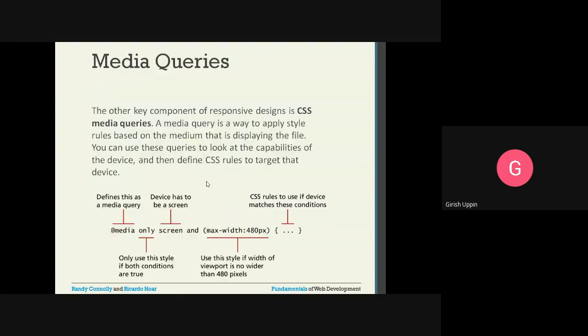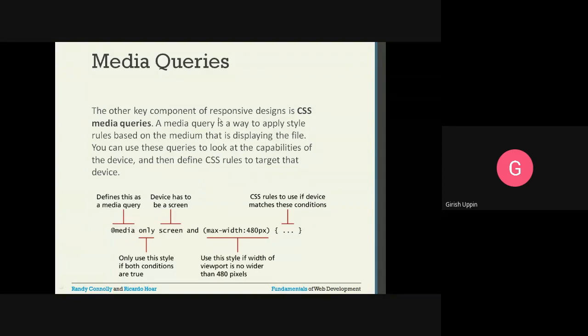Media queries. The other key component of responsive design in CSS is media queries. A media query is a way to apply style rules based on the medium that is displaying the file. You can use these queries to look at the capabilities of the device and then define CSS rules to target those devices.